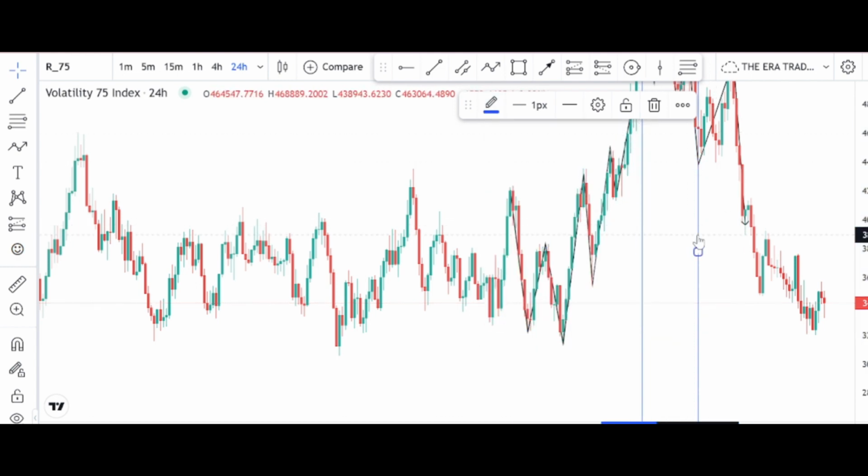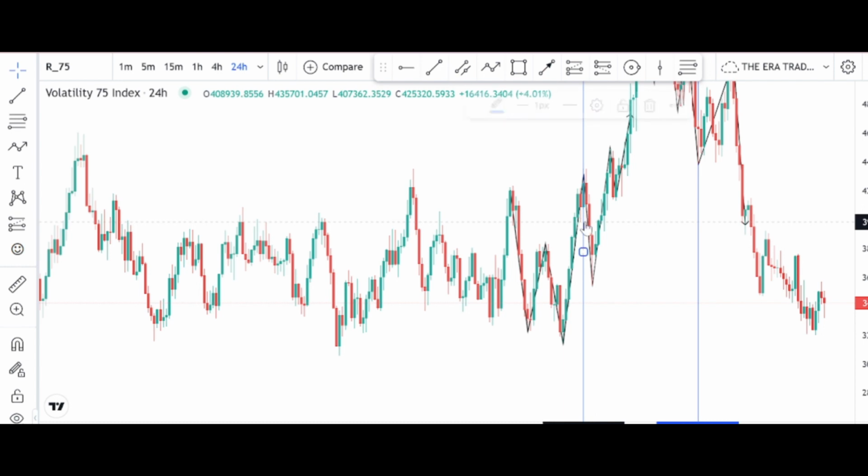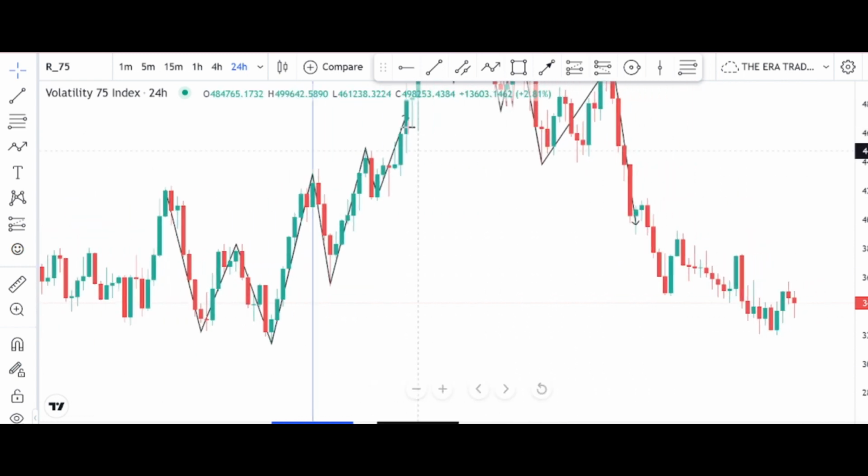So that structure, if you look at this retracement, if you look at that retracement, that retracement, like I said, is a three candle price action from that retracement to that retracement there. You see the three candles, 1, 2, 3,